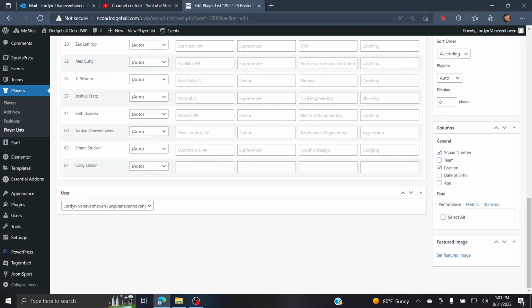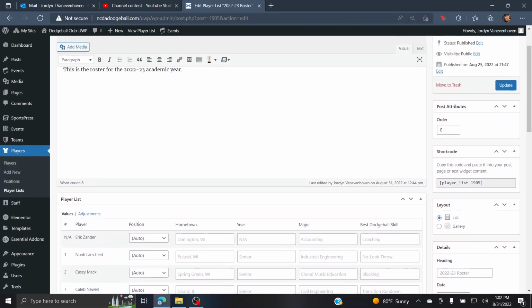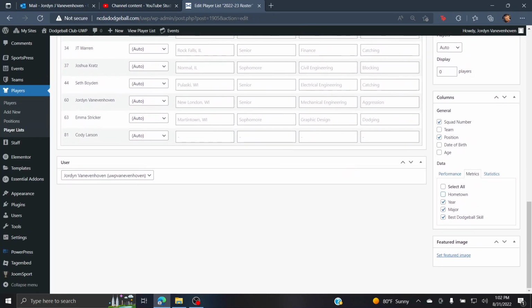So you really shouldn't have to do much here, but just make sure that, I think you do have to enable that the squad number, position come up. If you go to metrics, I also have that always enabled. See, if this wasn't enabled, the hometown column wouldn't be here. So now